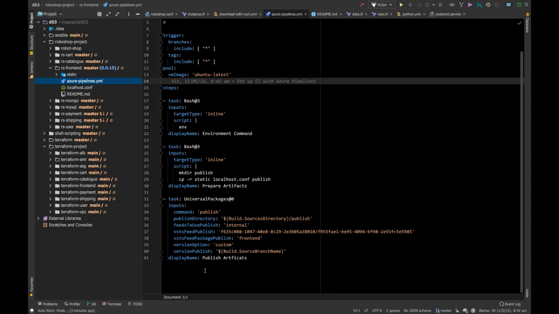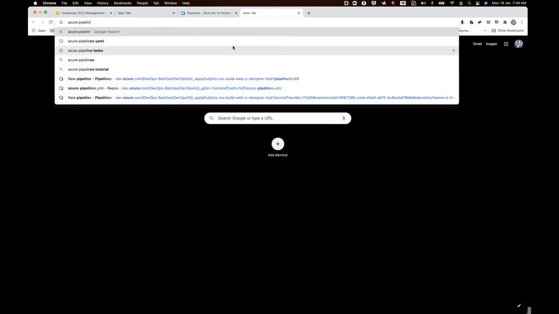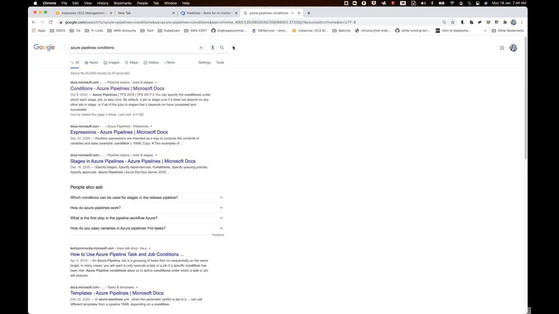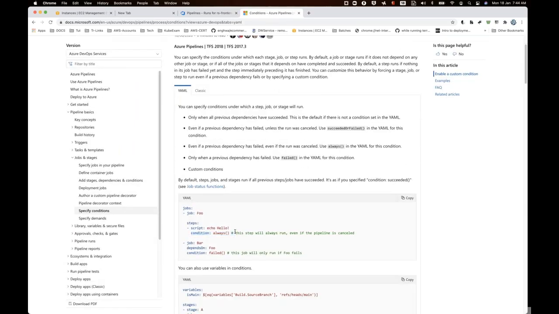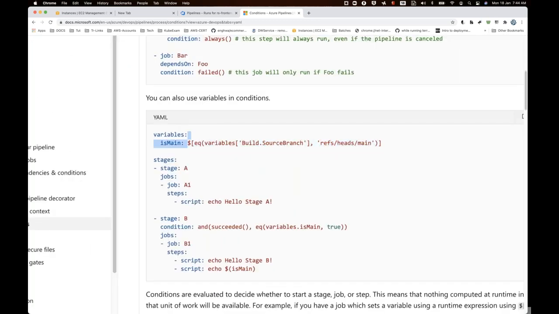Right, so now how do I do this? Whenever a tag is created, only at that point of time I need to run this. So there need to be some conditions, isn't it? We were talking about that. Okay, so now Azure pipelines conditions. A condition always looks something like that. I think we were talking about these kinds of variables. I remember that I made it.